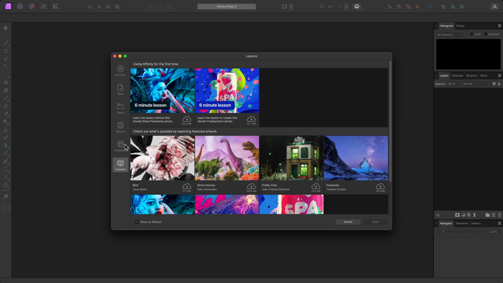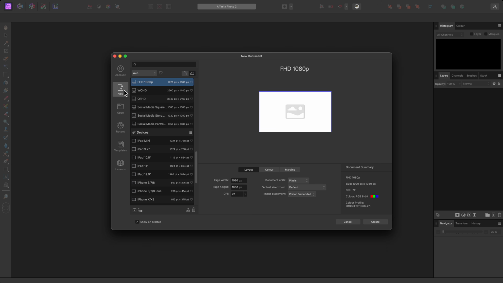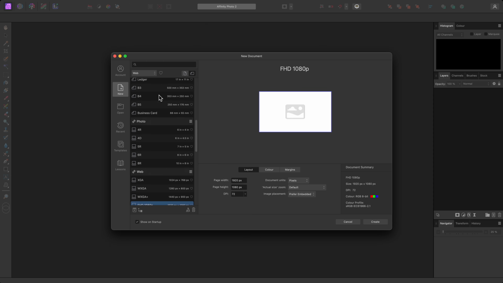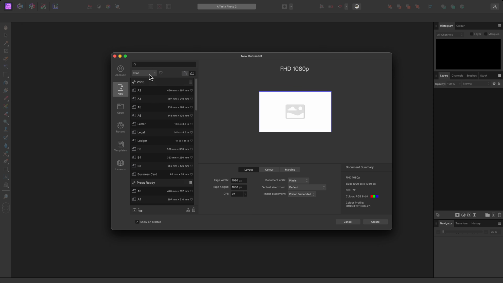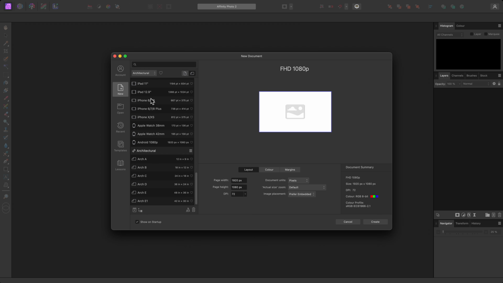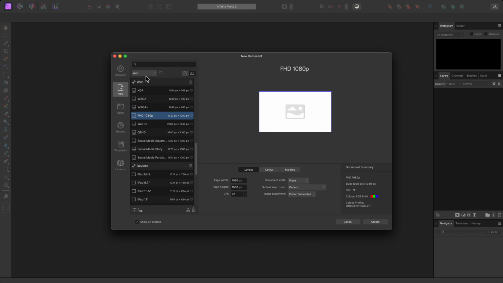I'll click on New to access the New Document section. On the left are the various document presets. You can scroll through the list, or use the drop-down above to quickly jump to a category. As an example, I may want to create some 4K resolution graphics. I'll switch to the web category, then choose the QFHD preset. I've picked this because it lists the resolution as 3840 by 2160 here, which is 4K with a 16:9 aspect